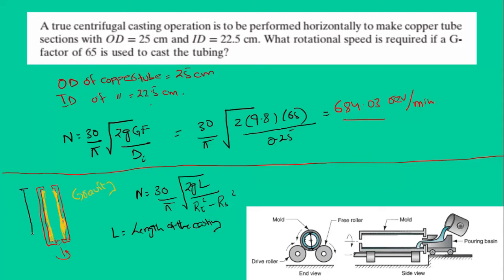this one is the L, and RT is the inside radius at the top of the casting, and the RB is the inside radius at the bottom. Okay,